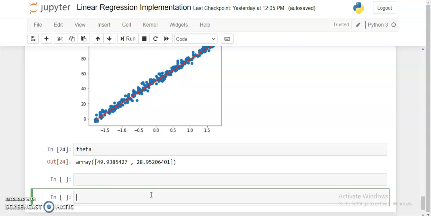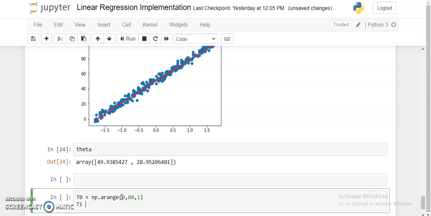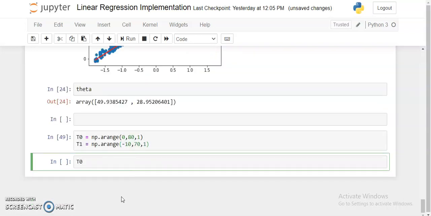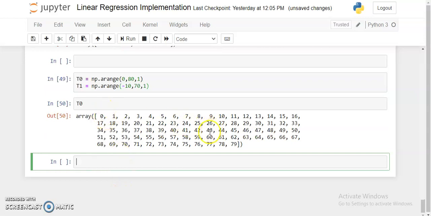I'm taking theta naught to be np.arange, in a range where this particular point comes in the middle, around 0 to 80 with each step being 1, and t1 would be np.arange from minus 10 to 71. Now if you visualize theta 0, it is something like this.